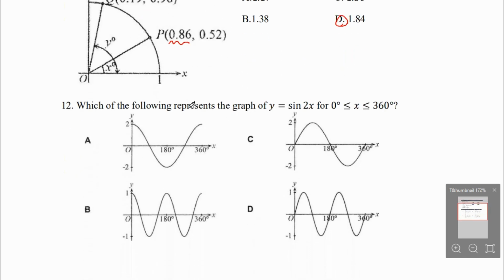Number 12. Which of the following represents the graph of y equals sine 2x, 0 to 360 degree? Okay, we have 2x here. This 2 means 2 cycles. So one cycle of sine x will look like this, from 0 to 360 degree. 2 cycles means we have like this one. This is one, another cycle. So this is from 0 to 360 degree. So the answer is